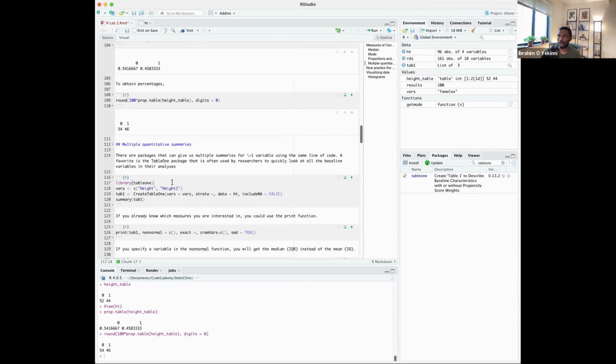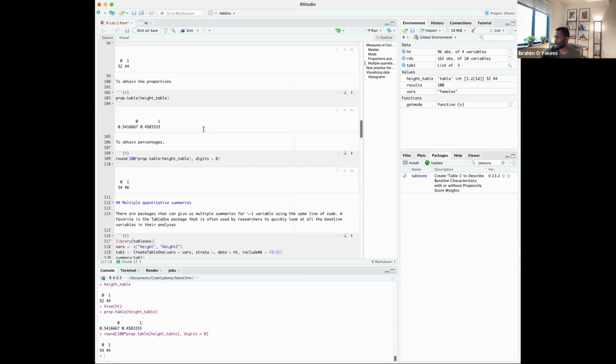So you can try the library. I mean, you can try running this code. Yes, another thing I wanted to mention is when you open